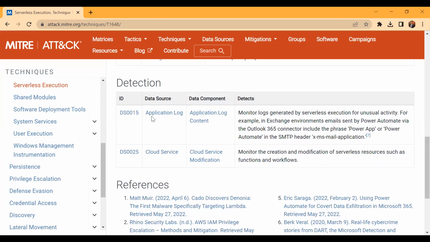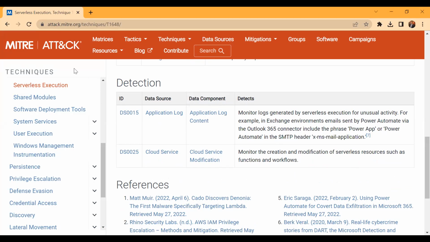Then you will find that you have an application log to monitor this particular thing. Now you know how to monitor and find more about it, how to create a defensive trap around that. So we'll go and monitor the application log. Then you will find that the SMTP header X-Mailer application is providing you more insights.